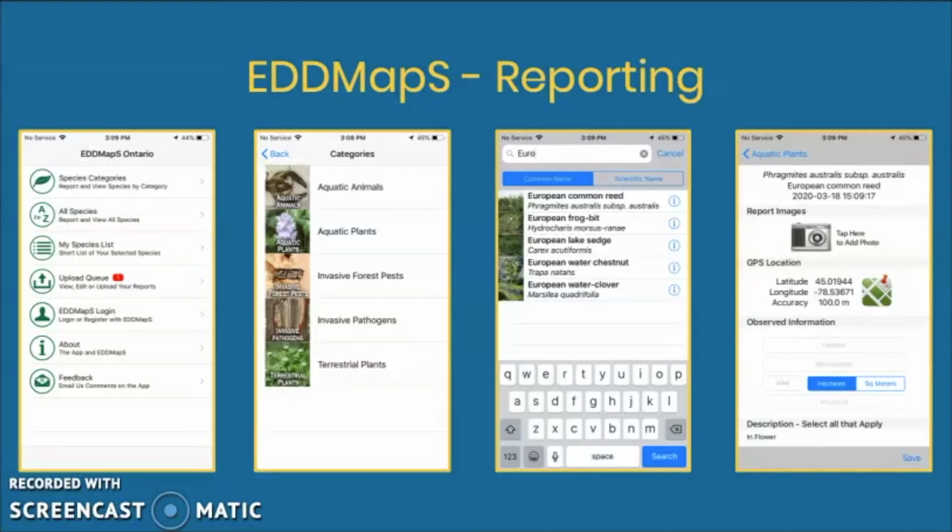So, step one, open the app, make sure that you're all logged in, which we went over how to do in the previous slide. And then you're going to select species categories at the top of the home screen. From there, it will take you to the next panel where you can either select aquatic plants or terrestrial plants. And whether or not you select aquatic plants or terrestrial plants will really just depend on where you're seeing the